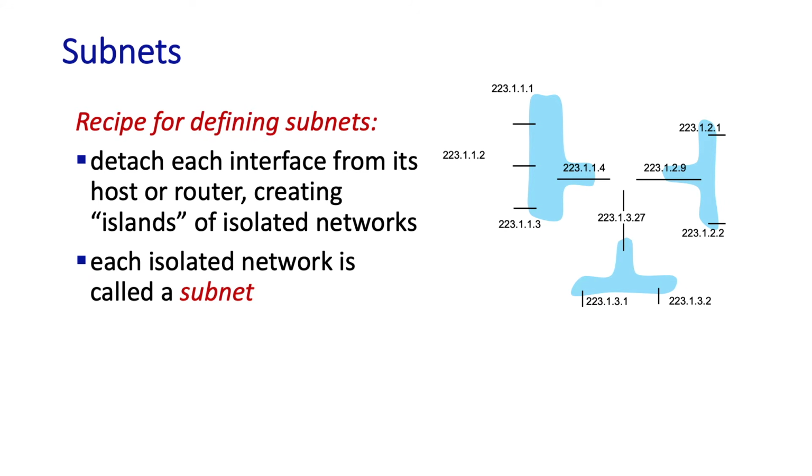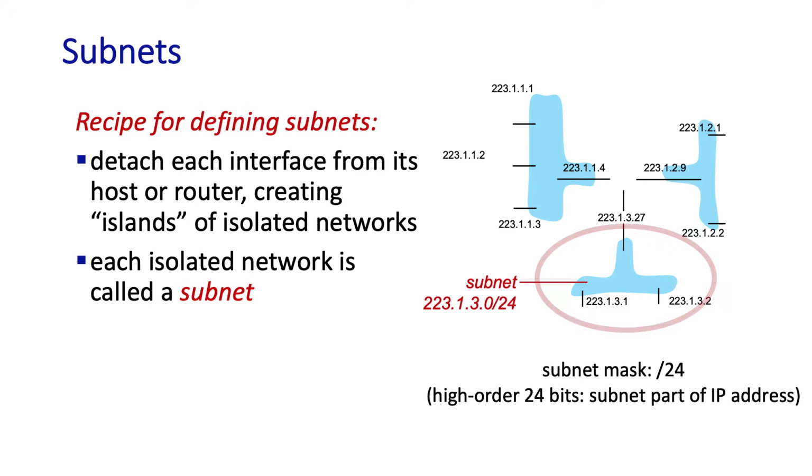Remember that interfaces on the same subnet will have the same subnet part of their IP addresses. The so-called subnet mask says how many high-order bits they have in common. Let's assume that's 24 bits. In this case, this lower subnet here has a 24-bit address of 223.1.3. We say 223.1.3/24, and these 3 interfaces have addresses that all start with